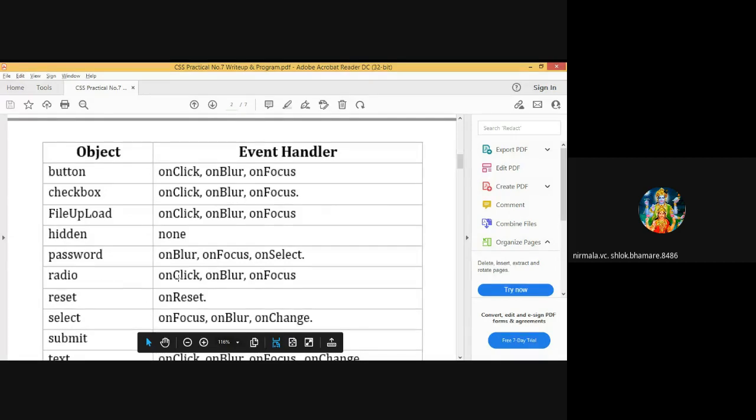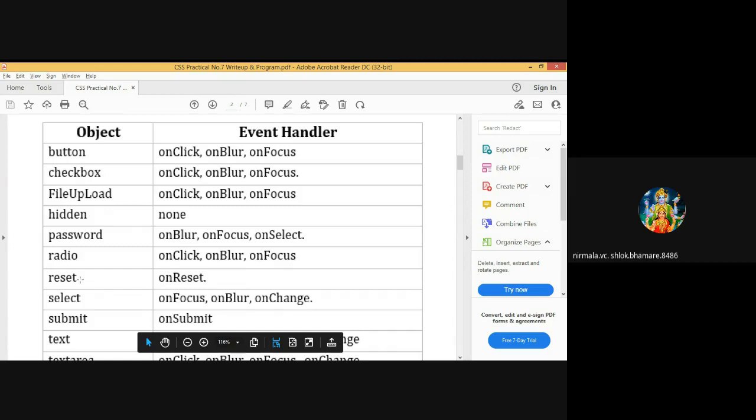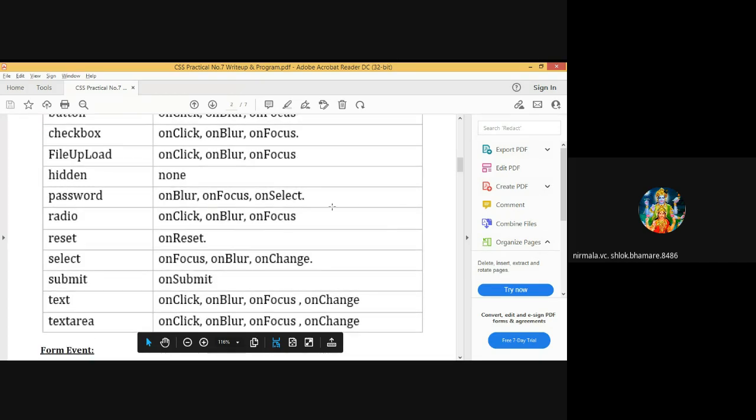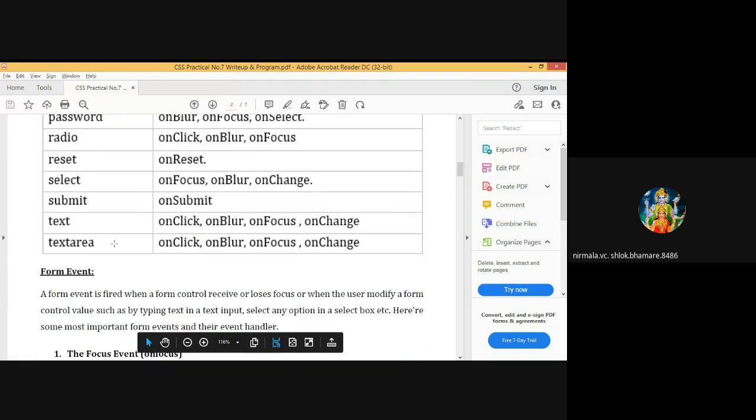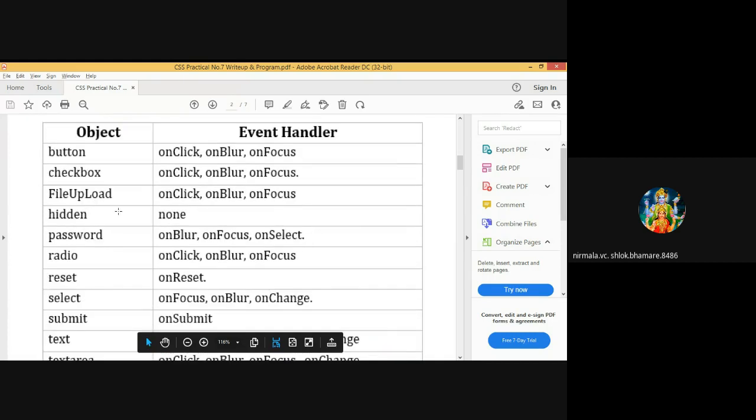Then radio button: onclick, onblur, onfocus. Then reset button: onreset. Then select: onfocus, onblur, onchange. Then submit button: onsubmit. Then text box: onclick, onblur, onfocus, onchange. Text area: onclick, onblur, onfocus, onchange. So these are the object names and these are the event handlers. These objects will generate the events.